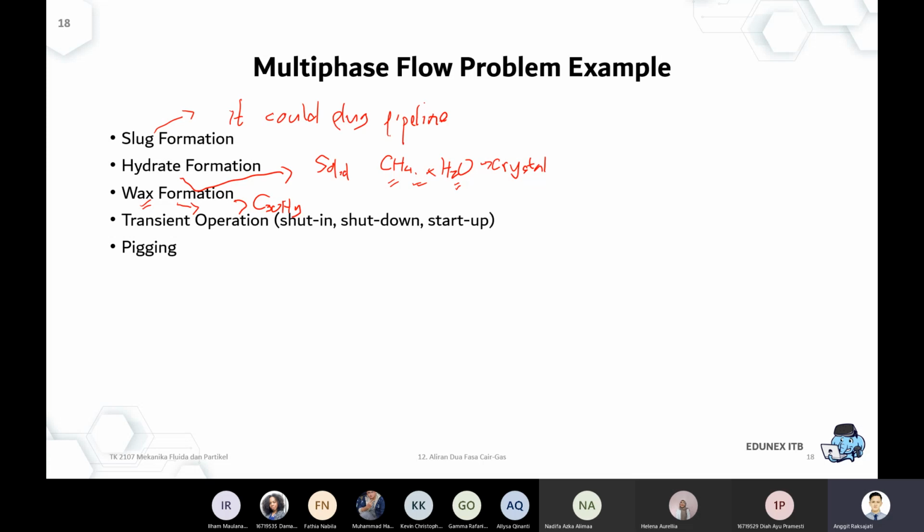The calculation will not be explained in detail for bachelor degree or undergraduate as in any university in the world, I think, because it will be studied later if you really want to be specialized in this kind of application in master degree or even in the doctoral degree. And then another type is a pigging, which I will show you the video next. Okay. This is to clean the pipeline. So pigging is to clean the pipeline because of the deposit at the bottom of the pipeline.